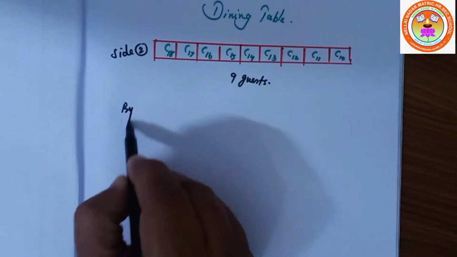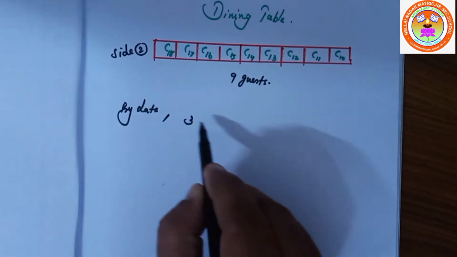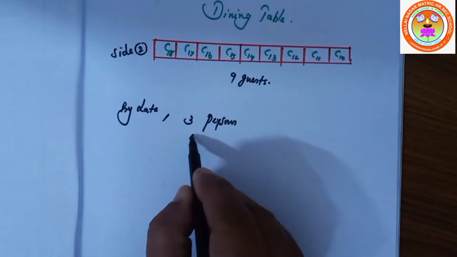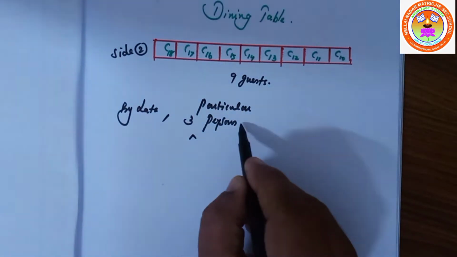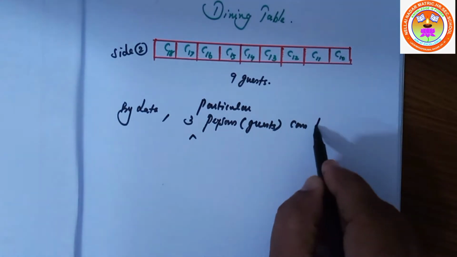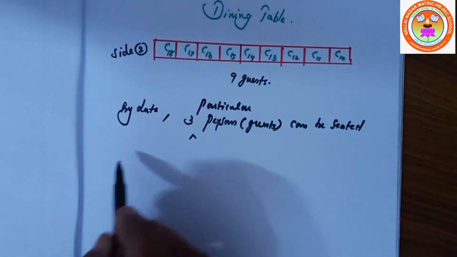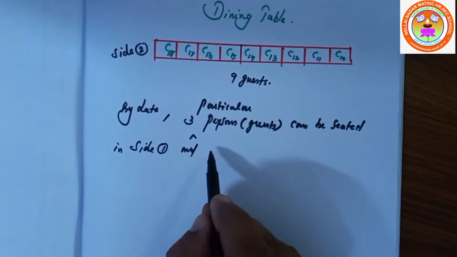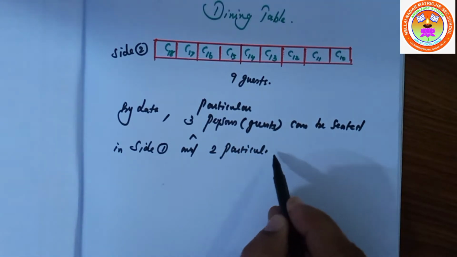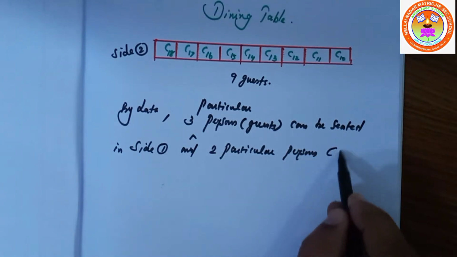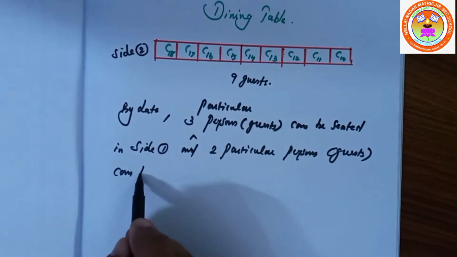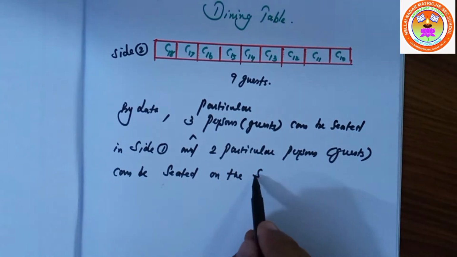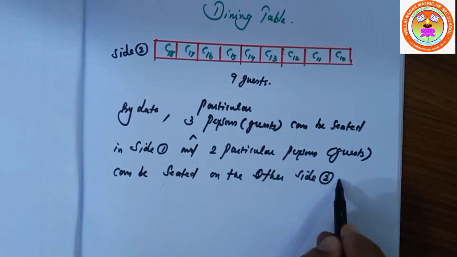I write here by data: 3 particular persons, or you can write guests, can be seated in side number 1, and 2 particular persons or guests can be seated on the other side, that is side number 2. Okay,